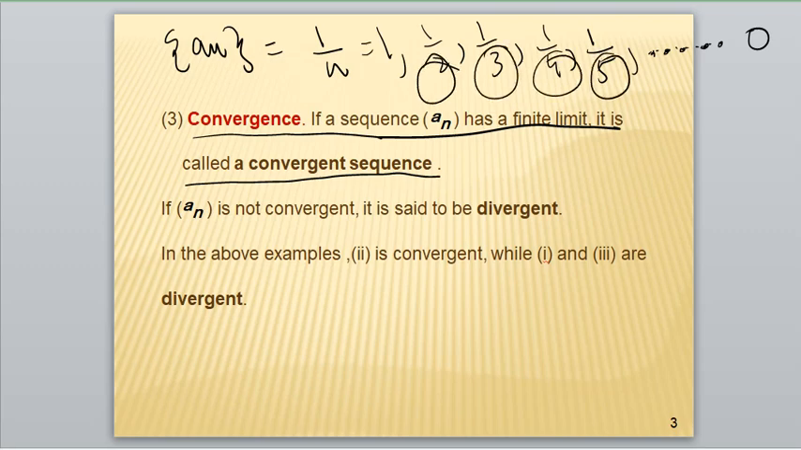The 1 will get divided and get closer and closer to 0. Okay. So if a_n is not convergent, it has to be divergent. So if it is not convergent, then it is a divergent sequence. So in the above example,